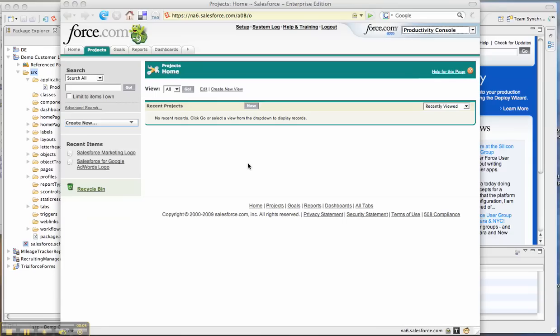I'd like to take the next few minutes to demonstrate how you can migrate a custom application between Salesforce environments. As you can see, I'm logged into Salesforce. I'm logged into a demonstration customer environment, and I have a custom application called the Productivity Console. I'm going to show you how I can migrate this application from this demonstration environment to any other instance or